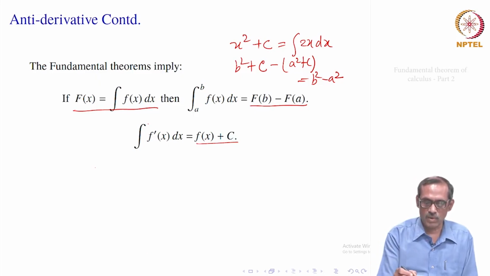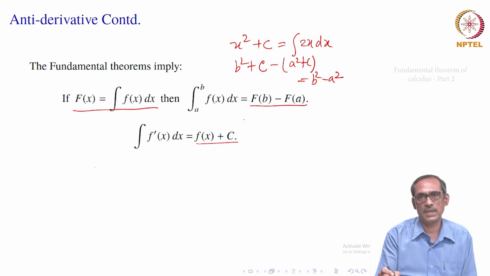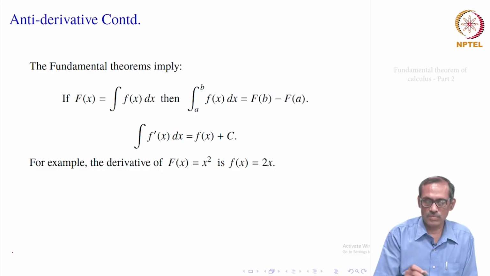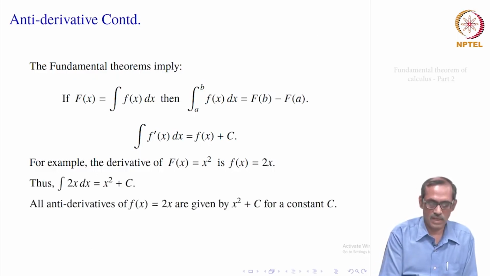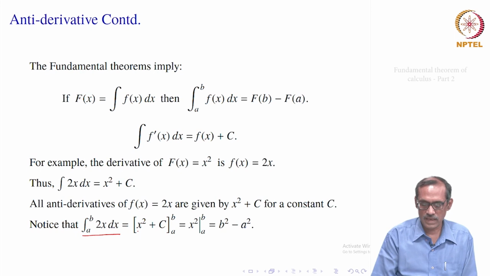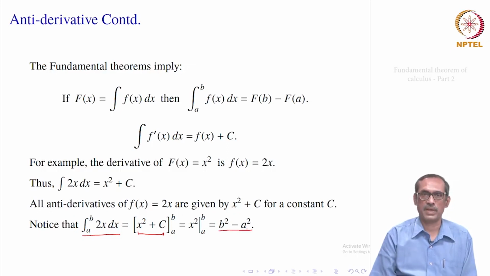After this we will not always say indefinite integral, we just say integral F prime x dx, and for the definite integral we will say integral from a to b f of x dx. That is the way we will be reading it. We have already seen how the example works. Integral a to b 2x dx we write using an indefinite integral, which is x square plus c, evaluated at a and b, and the c really gets cancelled. So, you get the same thing as x square evaluated at a and b, which gives b square minus a square.